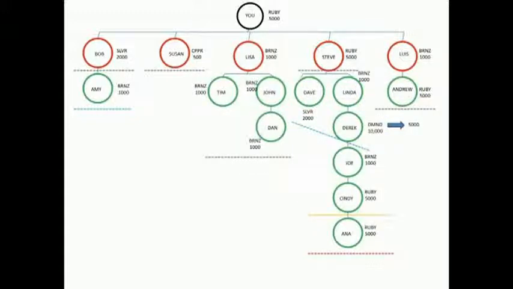Now if you look below, we have Anna, and Anna is a ruby also. So that would be generation 4. Now your next leg is, we have Luis. Luis is a bronze, so that is not completing generation 1. But below him is Andrew, who is a ruby, so generation 1 ends right there. So if we look at it, we have now seen your generation 1, 2, 3, and 4.